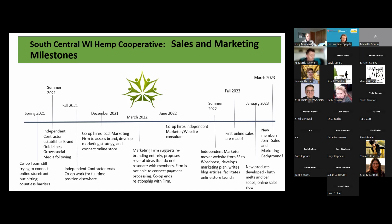And I should mention that by this point, our farmers had received a small payment from the co-op for biomass, for the growing of the product, but not nearly enough to cover the expenses incurred so far or the time input made by members. So we were feeling a little bit of a low point, defeated at that point. But dedicated to our brand and wanting to capitalize on our progress so far rather than start from scratch,